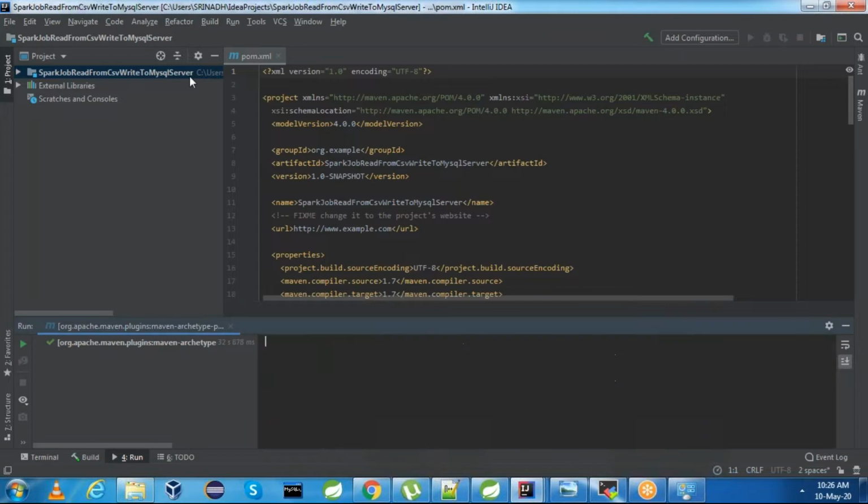Now the Maven project is created, and we are going to do Apache Spark with Scala.